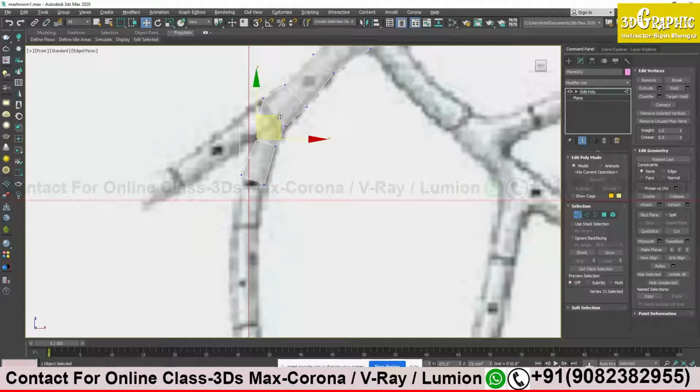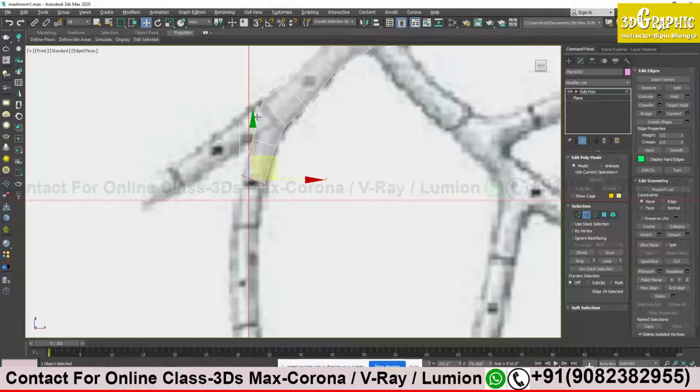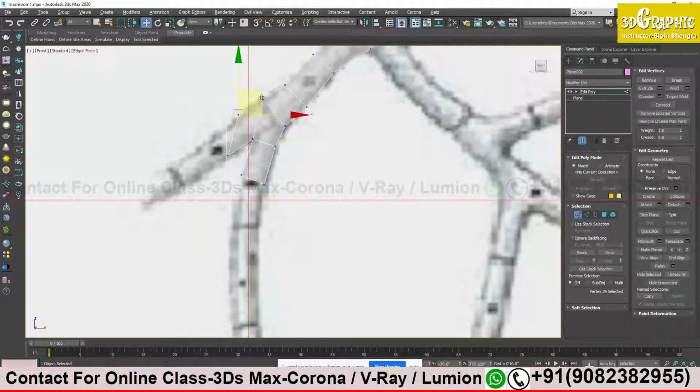For this one, as you can see, I have an edge over here which is facing toward this. So I will click and drag from here, and a little bit of adjustment I can do. So I did not need to add any kind of vertices or edges over here.